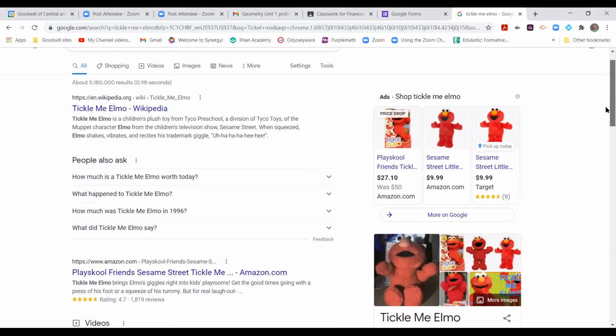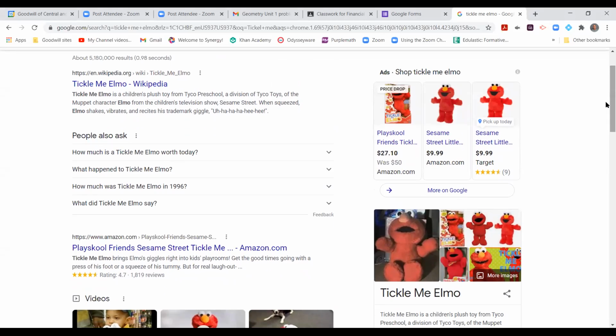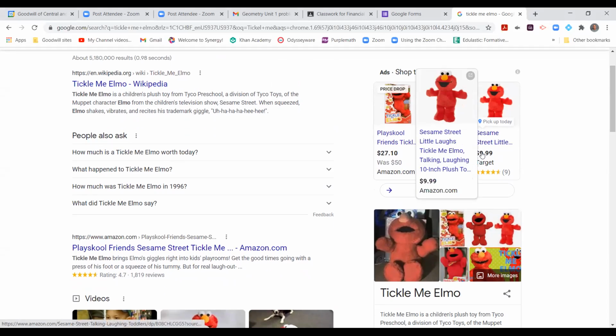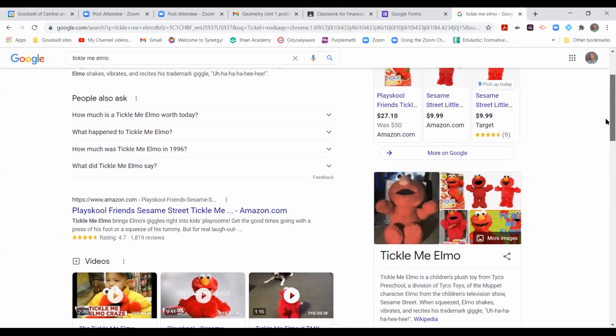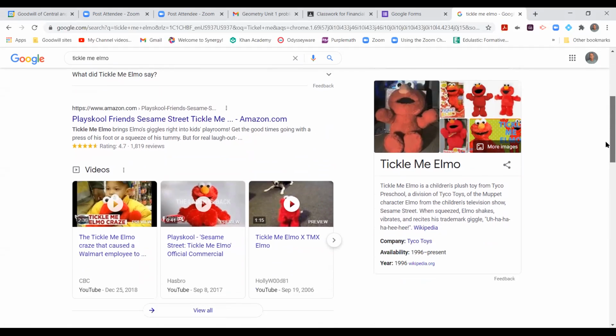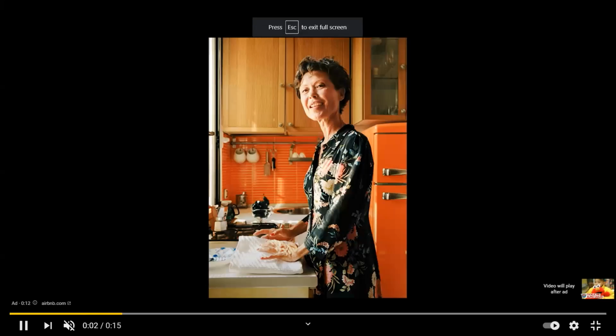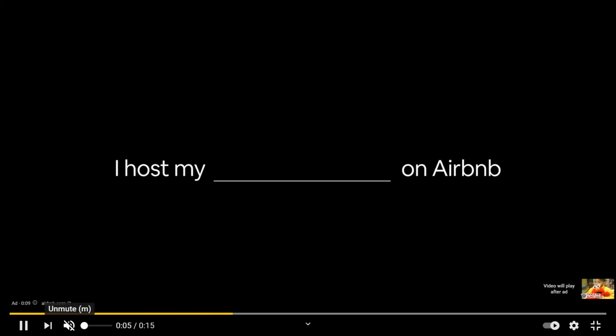So here was what the Tickle Me Elmo doll looked like. And little kids loved them. I mean, you can get them for 10 bucks now. You literally tickle the thing and he laughs. But here's what was happening years ago. This was one of those fads I'm talking about, like silly bands or pet rocks,